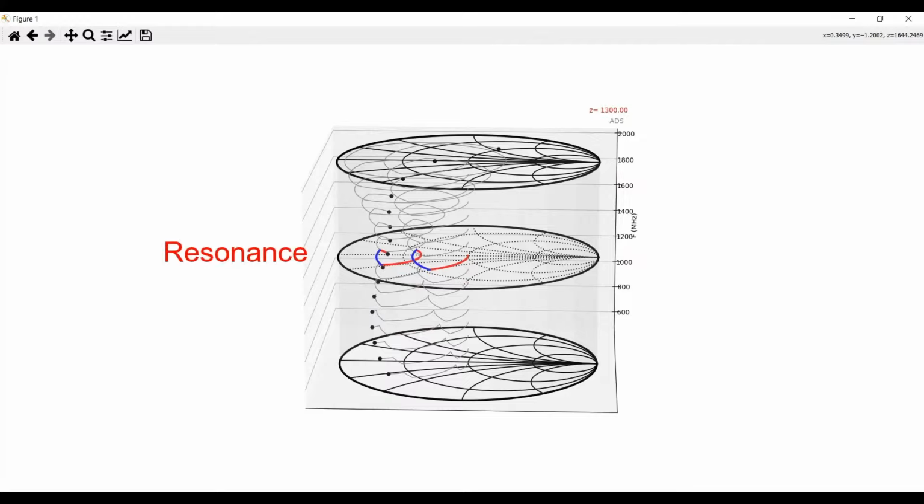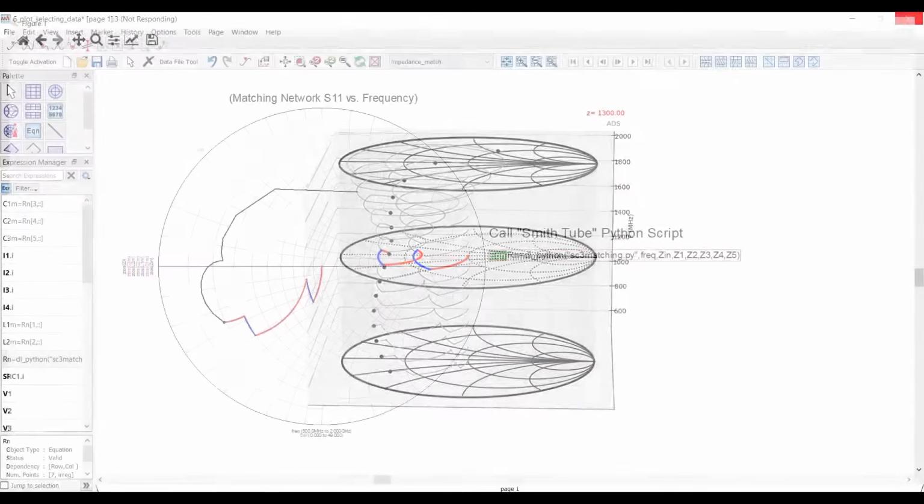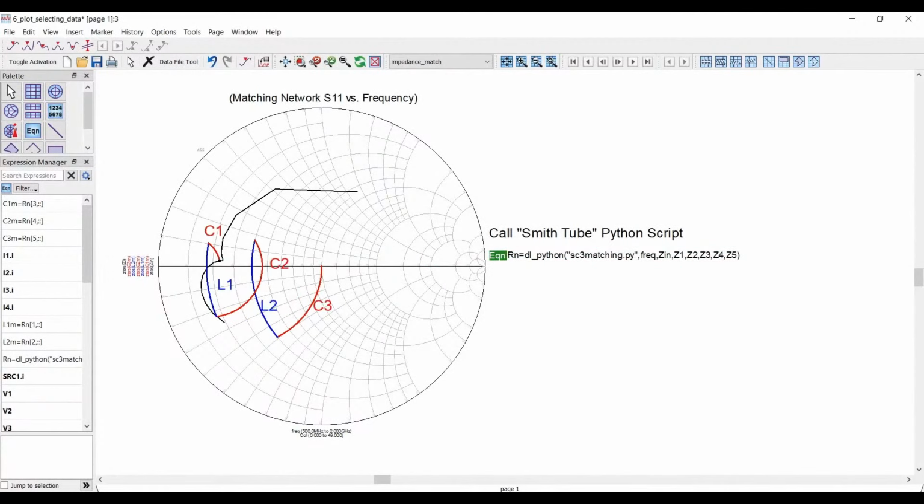So with this one simple matching network I was looking at a resonance, and if you spread it out into 3D, you can see how one of the capacitors is actually kind of spinning around an inductor, and it creates this helical shape on your three-dimensional Smith chart, which is actually a resonance. So if you're trying to design that resonance and you're making the matching network, you can figure out exactly what's going on in the matching network, which component you might need to change to shift the frequency of that resonance.